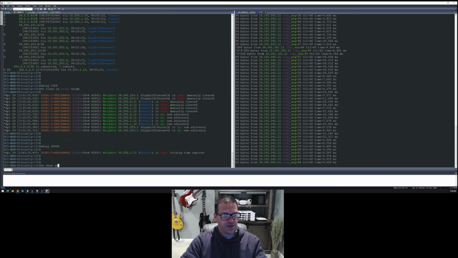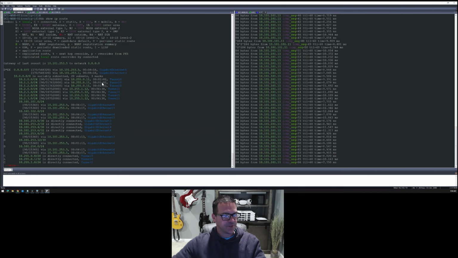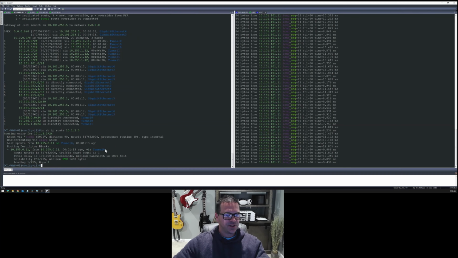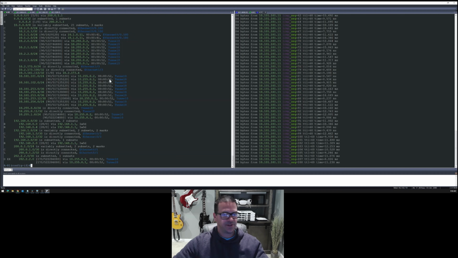So do show IP route. If I do show IP route for 10, what was it? 10.1.2.0. Okay, so you can see it only has one route to get there now, and that's via tunnel 0. So if I bring that interface back up, if I no shut,